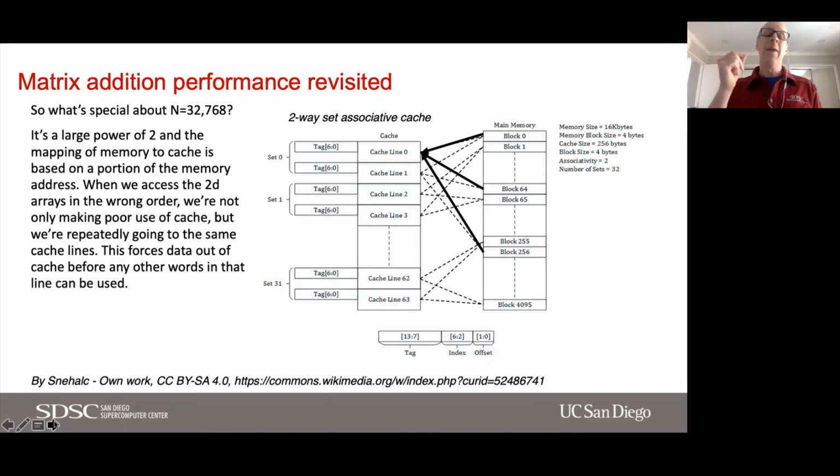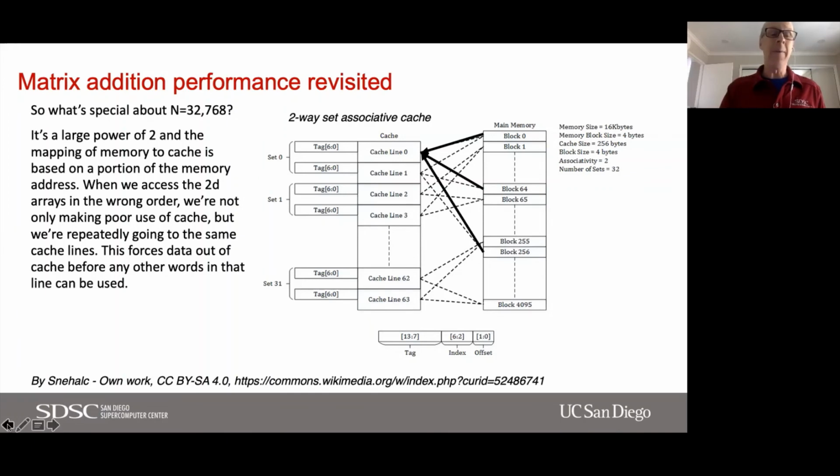When we use n equals 32,768, we're accessing the data with a very large stride, and we were constantly, probably every time, pushing data out of cache. So not only were we having bad data access, we also picked a bad problem size.